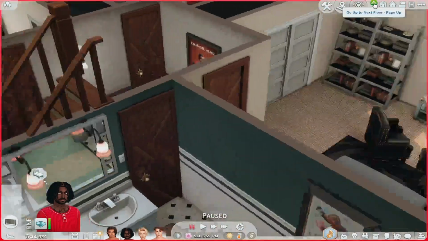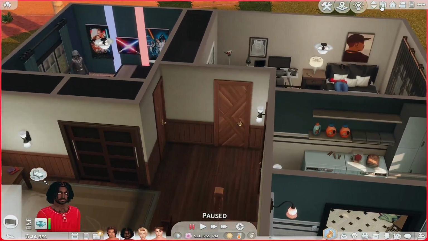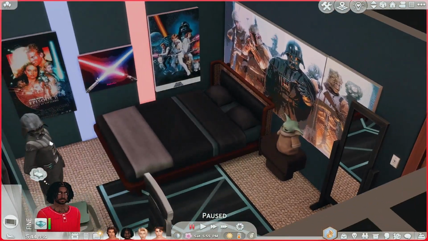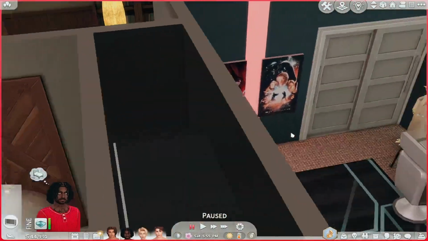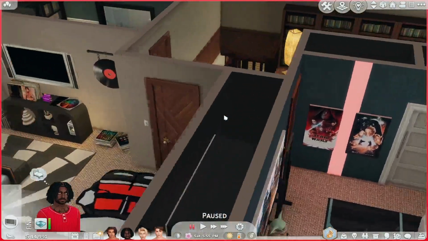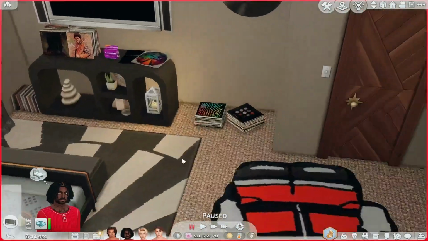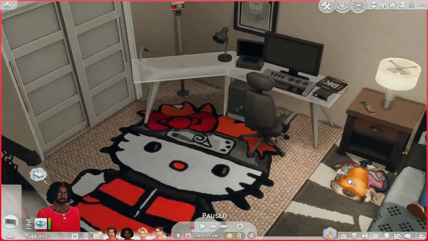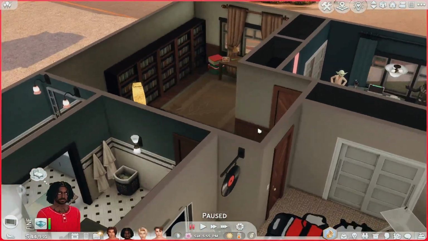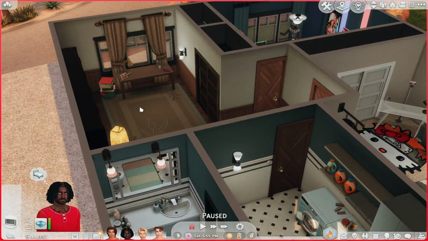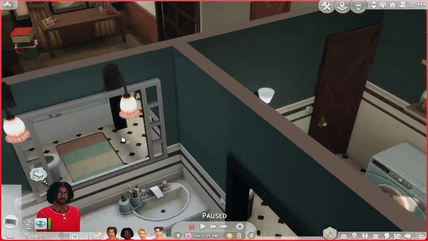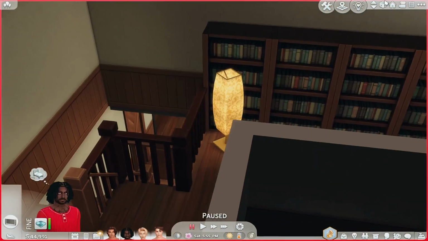But Ace and Eli live on the 2nd floor, away from all the partying. Eli is a big nerd, so he's got all his Star Wars and Baby Yoda, and he loves getting on his computer and playing games. And then you've got Ace, who is into music and he's also into cooking, and he's got some nerdy stuff going on, and they live upstairs away from all the partying. So it's very different up here. There isn't any party stuff. It's very chill. They're like, please don't ever come upstairs, we don't want you up here. So yeah,